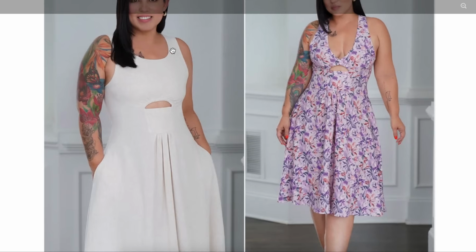Okay, so scoop neck or your deep V. This is like a little cutout. There's elastic that's right here. Not entirely sure if it's got a purpose other than maybe it does hold it closer to your body and helps it contour around your underbust. But then there's a little panel here and then a little bit of pleating right in the center of the